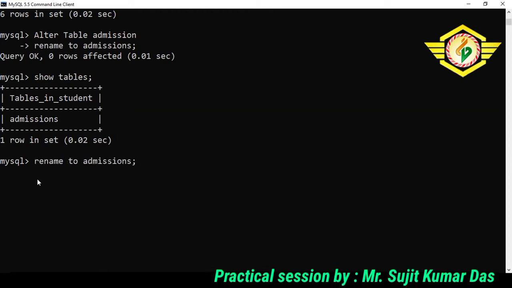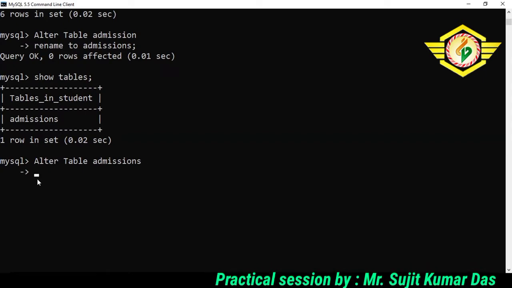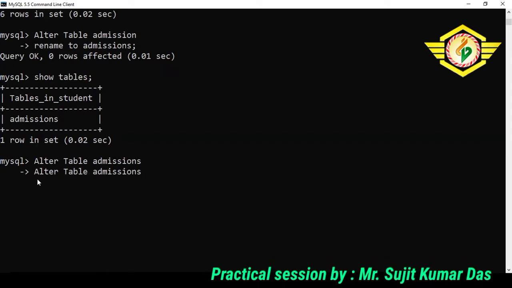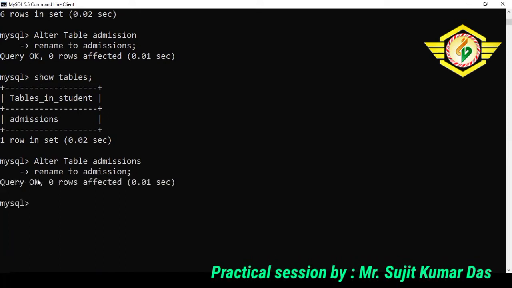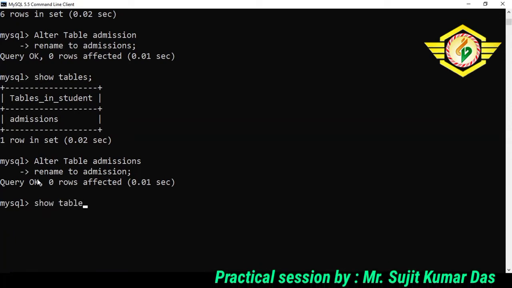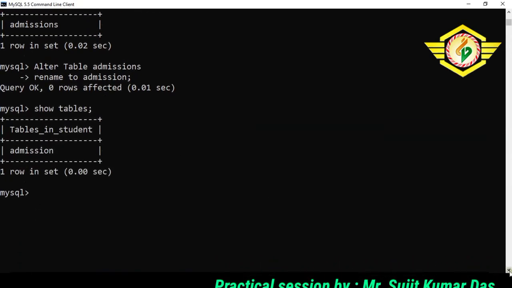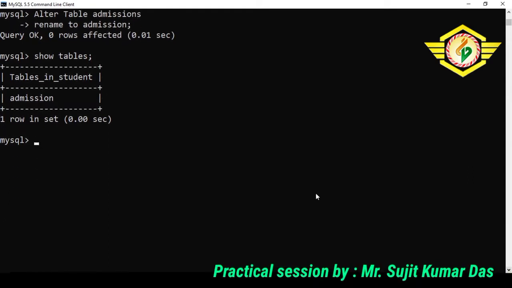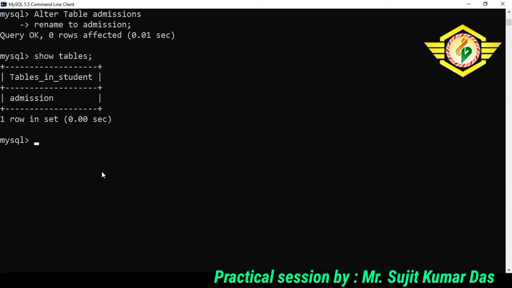Now I should change the admissions back to admission. And again, for further working, I have changed the name from admissions to admission. So I have one table called admission.